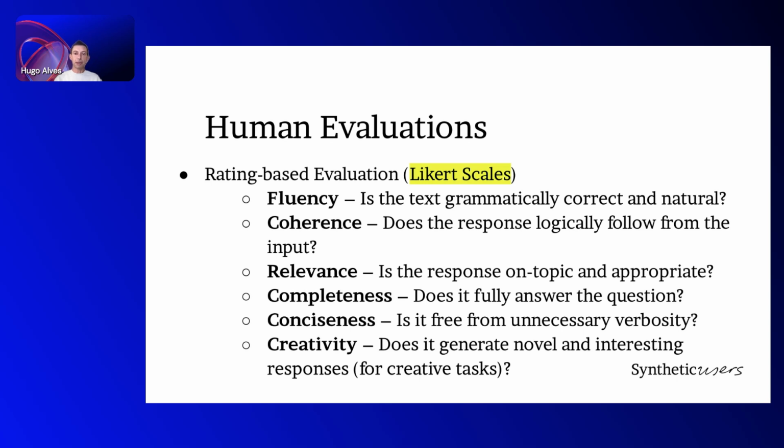And this task can be as simple as having a system generate answers to queries or generate poems, and then asking the human evaluators to rate them on a 1 to 5, 1 to 10, or 1 to 7 scale